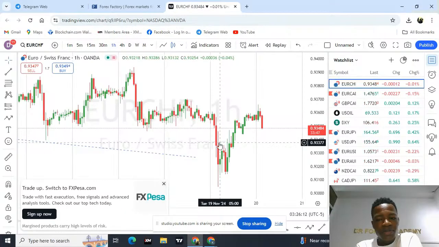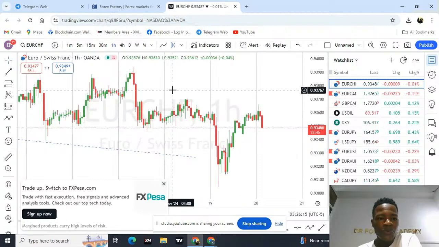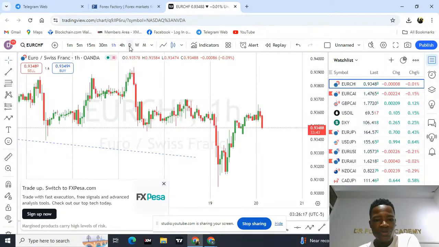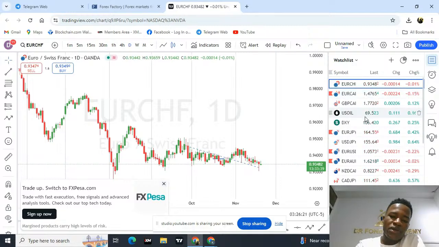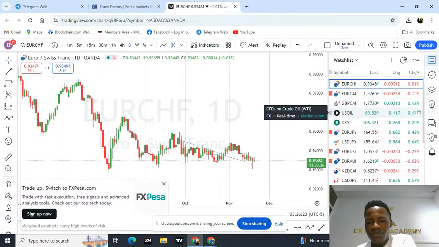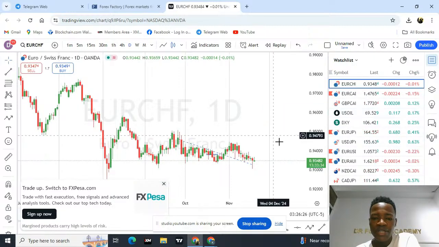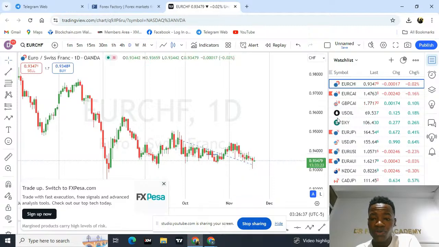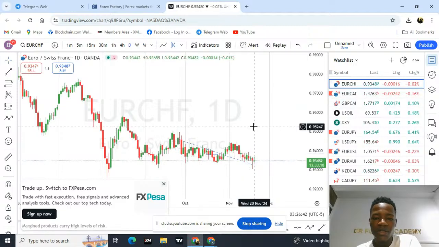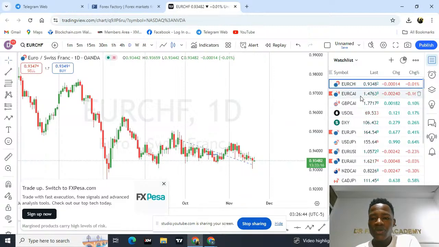Okay. Hi, good morning. So, of course, we normally start with our first pair, which is Euro CHF. It's on our watch list, and for the past 1 week, it has been like a song. We don't have any view of Euro CHF because of the daily consolidating areas. With a consolidating area on a daily time frame without having a whole bias of the market, we cannot have any entry because we don't know the overall direction of the pair. So Euro CHF, keep it pending until you have a clear direction of the market. Okay, on EuroCAD,